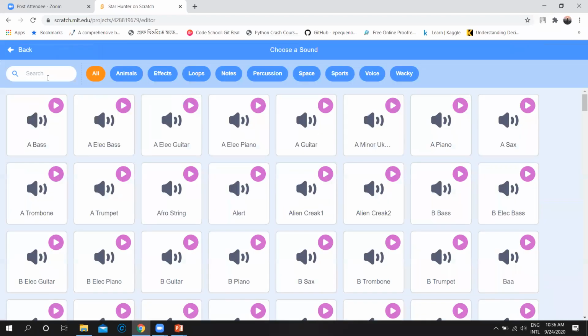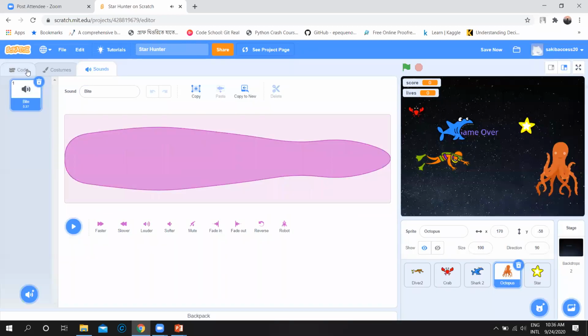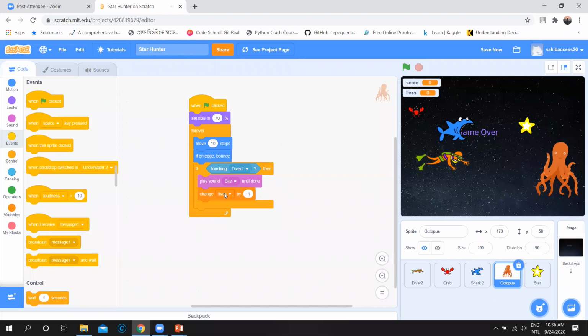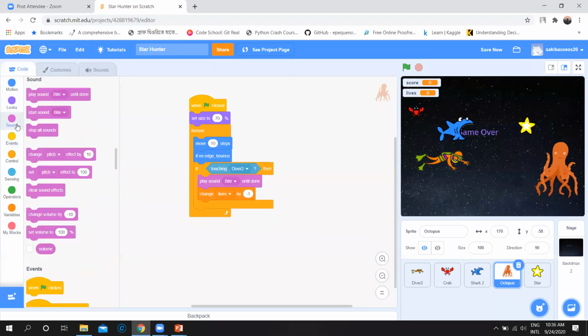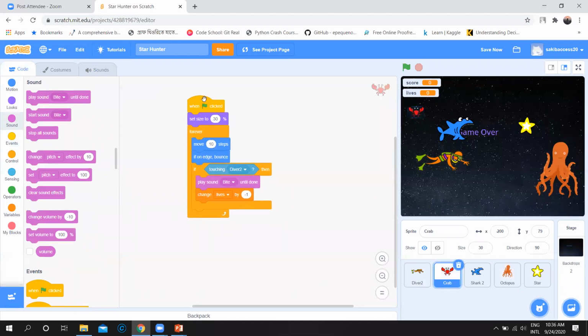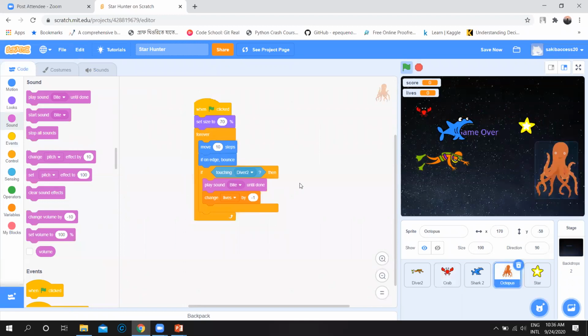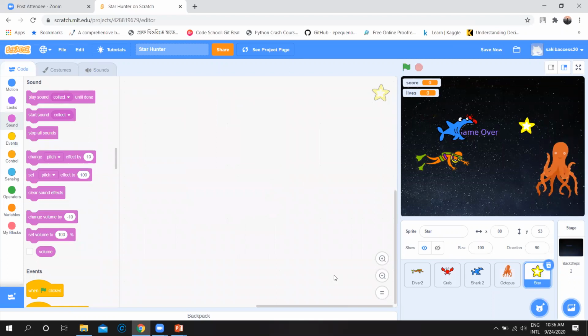Click on sound, click on byte. Go to the code. So play sound byte. Now it has sound byte. I have just copied the code from the crab. How? Just click here, Control C, then click here, Control V. It will automatically copy the whole blocks. Everything is okay. Now for the star we'll write code.